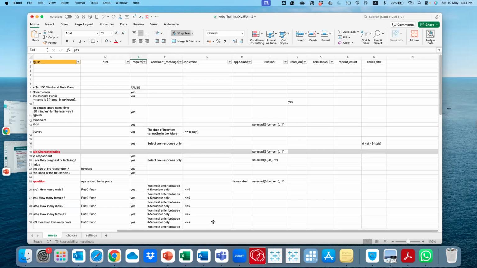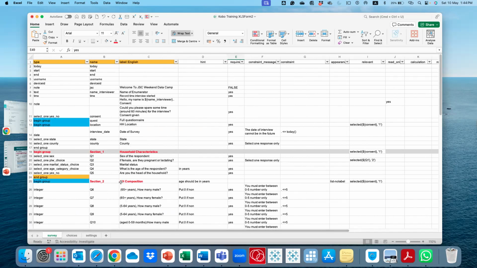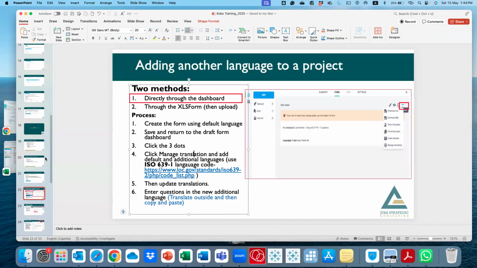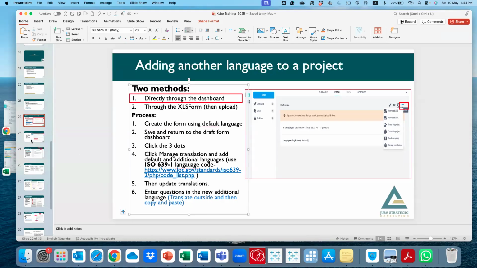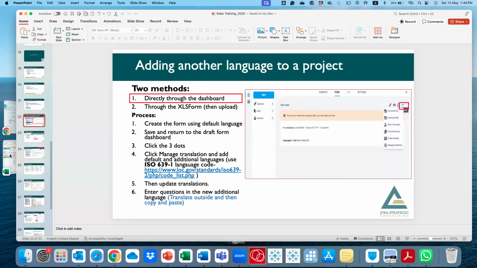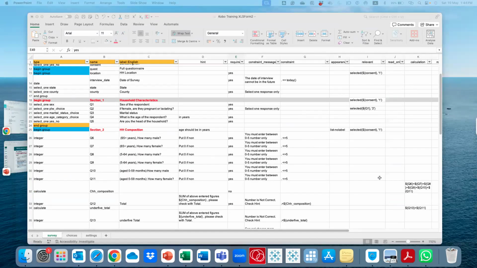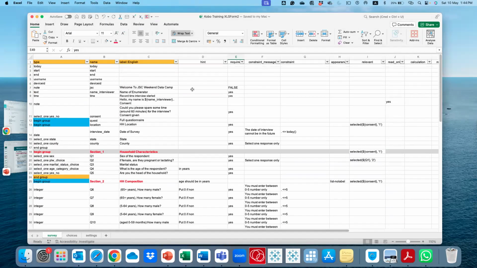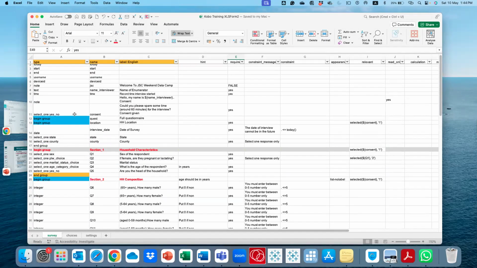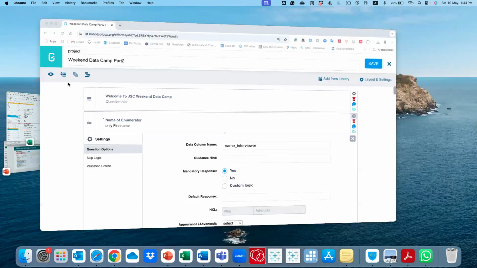I think I want to pause. I don't know, Sule. I want to pause there and then maybe show a bit how you move forward if we have time. Like after you build, how do you import? You imported it last time. You already know. Then this is what you do. You just import this. You save it somewhere and then just import it into KoBo, right? You can import this into KoBo straight away.